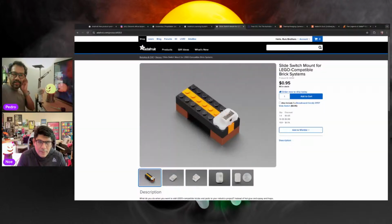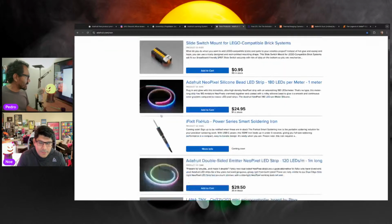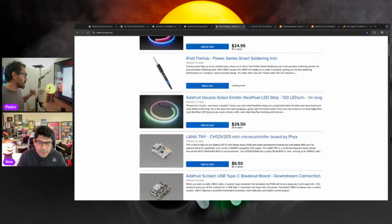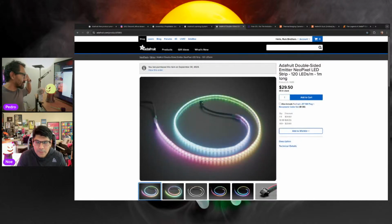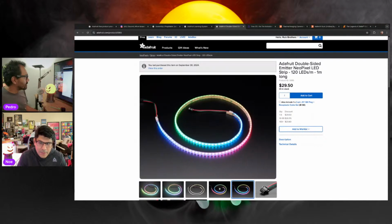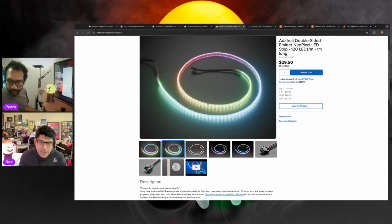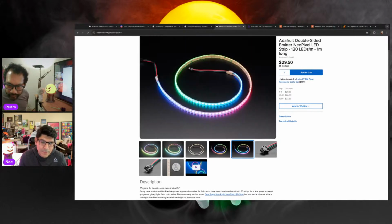If you jump one back, you can see here the strip I'm going to be using. It's the double-sided emitter LED strip. Is it this first one? Second one down, right below the soldering iron. Yeah, that's the one I'll be using. This was last week's new product, and it's a NeoPixel strip with LEDs that have two emitters, so you get extra brightness. This is great for lightsabers and